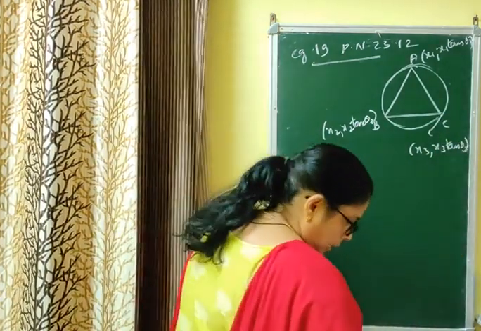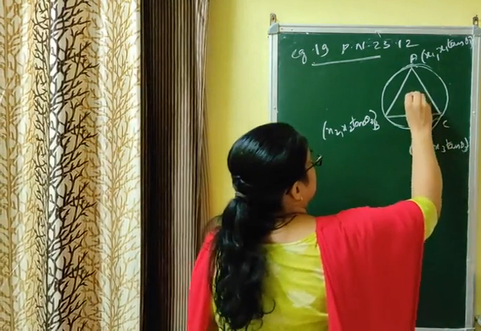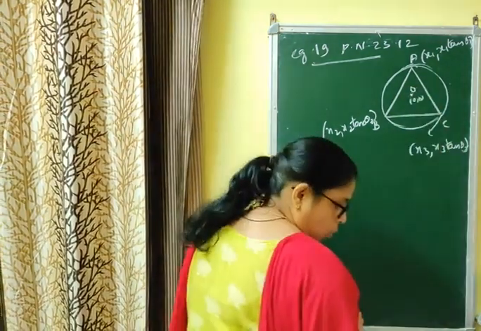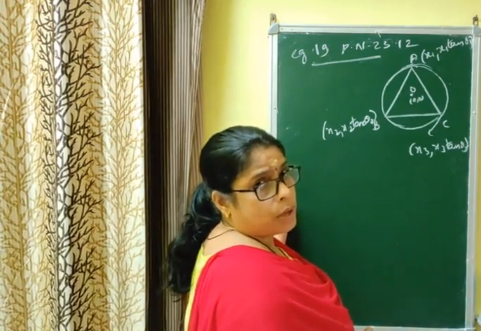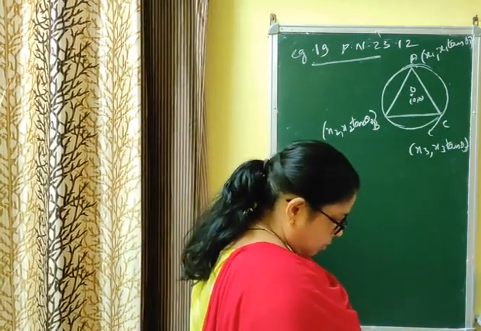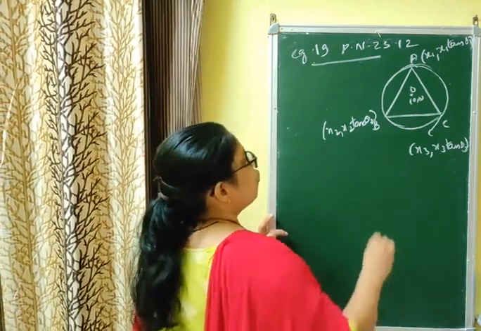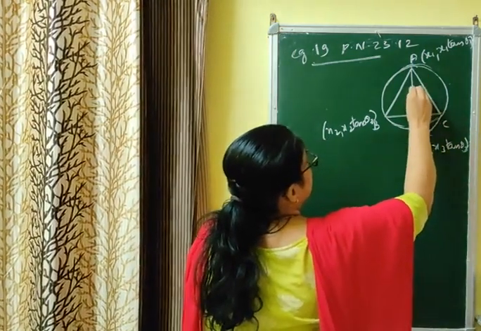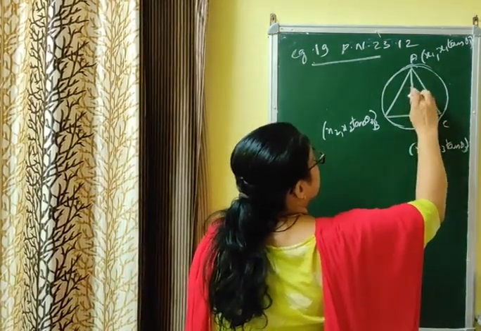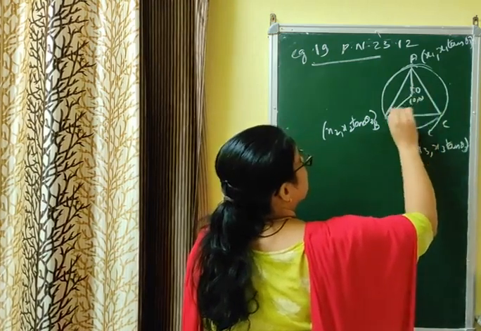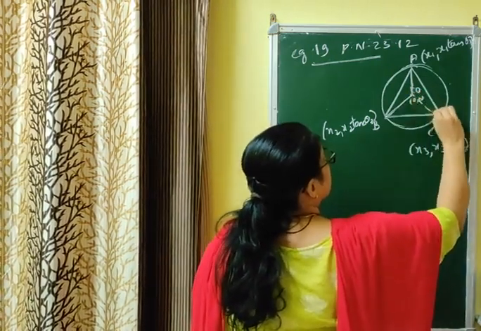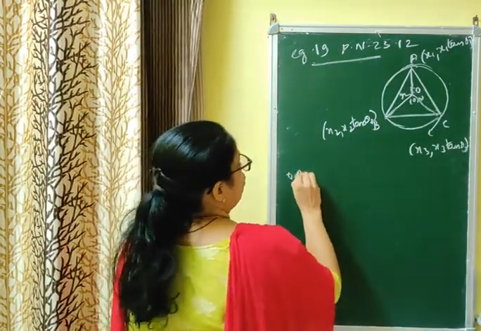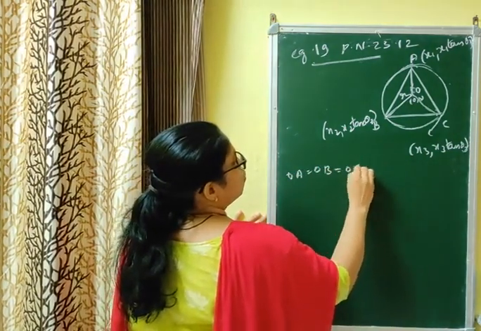Now you are given that the circumcenter of this triangle is at the origin, that means this is 0, 0. This is the circumcenter. Let it be O. And the orthocenter is the point of intersection of the altitudes. These things you are given. Now we have to assume the circumradius. Let me take the circumradius, I am drawing the figure. Without the figure you will not understand anything, so pay attention to the figure. Let the circumradius be r. We have taken the circumradius as r. That means OA is equal to OB equal to OC equal to r.